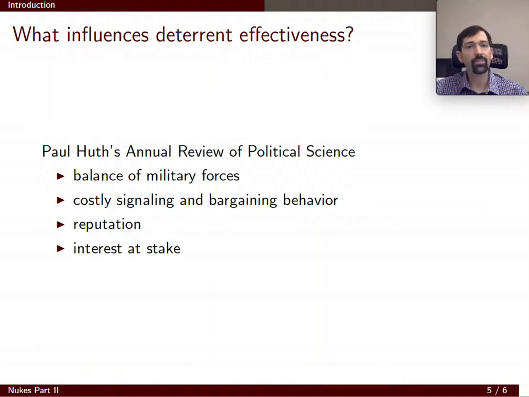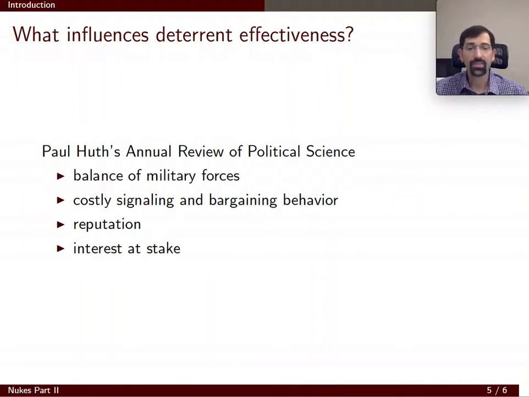We think about the balance of military forces. Here we think of conventional military capability. Deterrence is going to be more effective when there is imbalance in favor of the country trying to generate deterrence with its nuclear weapons. Nuclear weapons and conventional forces are correlated and connected in incredibly important ways when we think about deterrence generation. We think about how to signal the opposing side in a bargaining behavior.